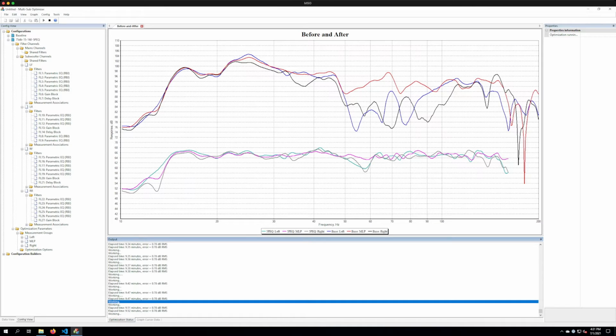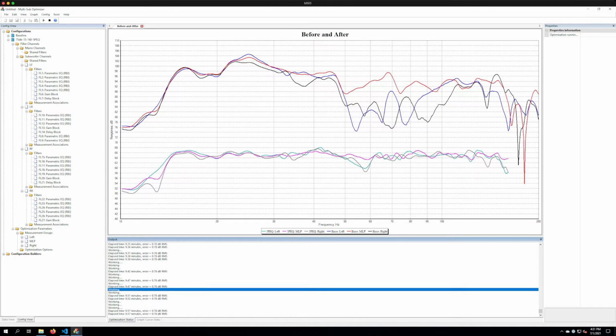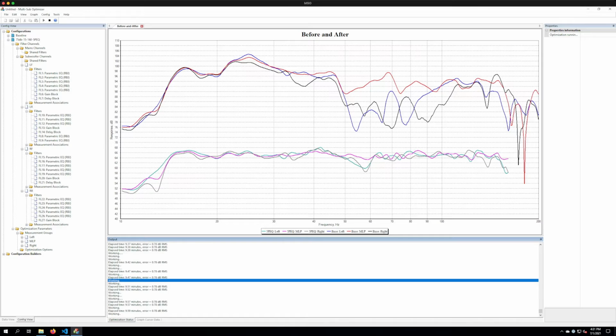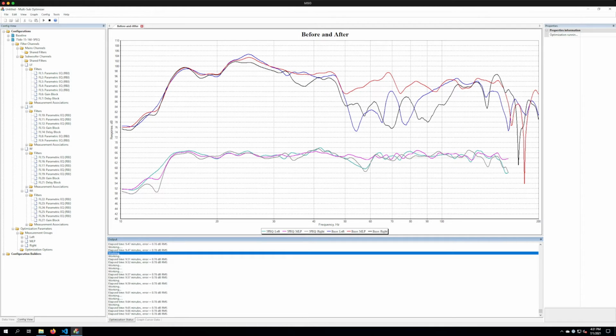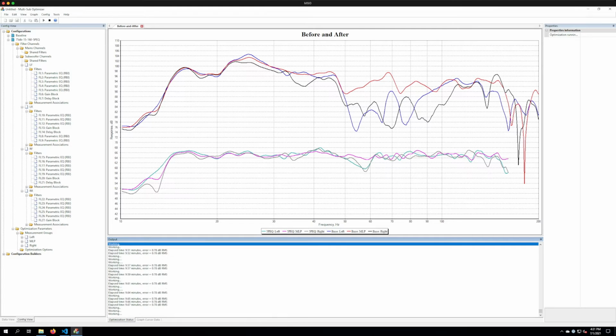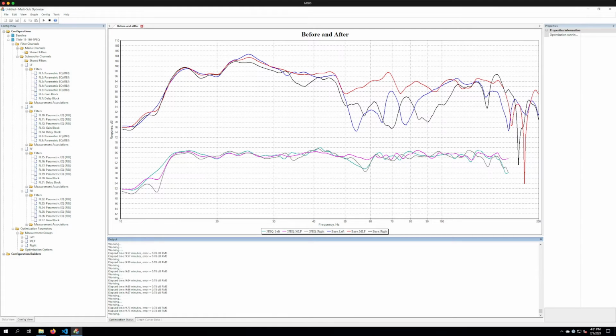Okay, so this optimization we can see is still running. I don't want this to take all day long because I'm going to run a couple other optimizations as part of this. So I'm going to manually stop this when it hits 10 minutes. It's also good to know that you can manually stop these optimizations when they're running. If you go here in the top left, you'll see this little square, just like stopping a movie or what have you. And then when this hits 10, or close enough to 10, which is probably about now, if you go ahead and hit stop,